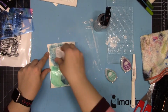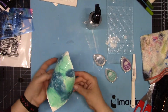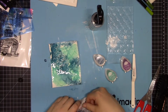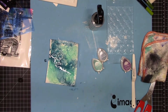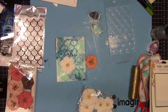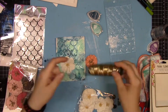And so next I'm just taking VersaMagic ink and putting it where I want and then spritzing it with water so I get that fun watercolor, organic, beautiful look. These are Mermaid scales from Joy Clair Stamp, and so I really wanted it to look like a mermaid's tail. So then you really want to let this dry naturally because that embossing powder is on there and you don't want it to